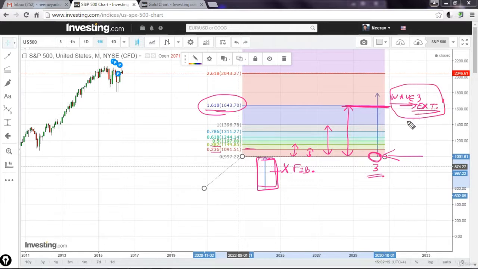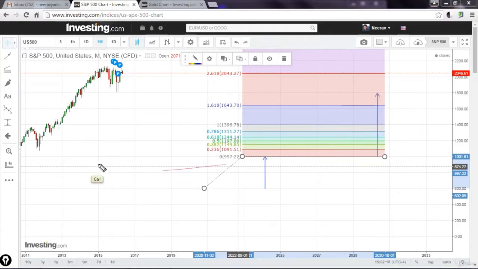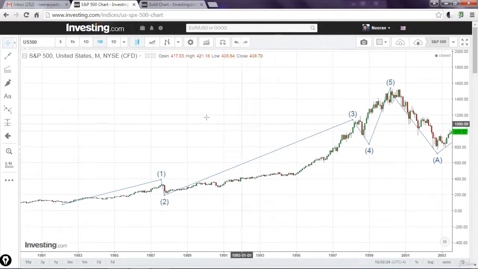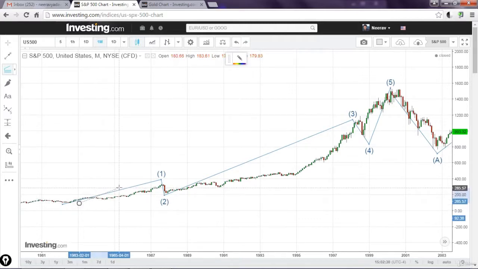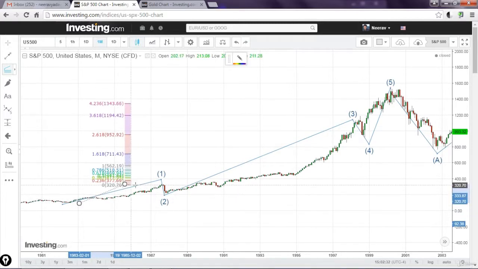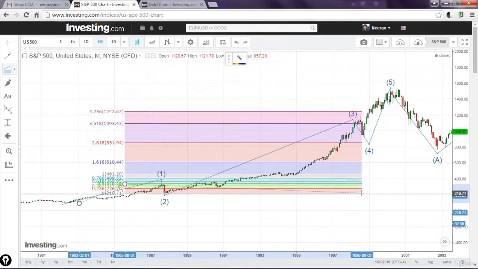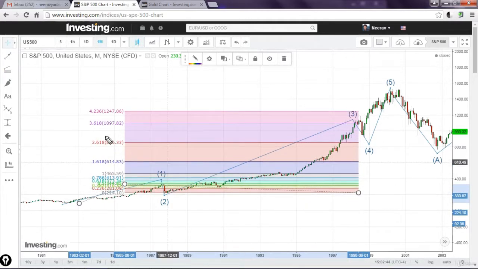Let's just apply it on the chart and see on the S&P 500 chart. So we will select the Fib-based trend extension tool, start from the starting point of wave 1 to the ending point of wave 1, projected from the starting point of wave 3. Let me just get till there, and now we will look at the 1.618 mark, which is over here, and obviously this is crossed. Since the 1.618 mark is crossed, we will say that wave 3 is an extended wave.